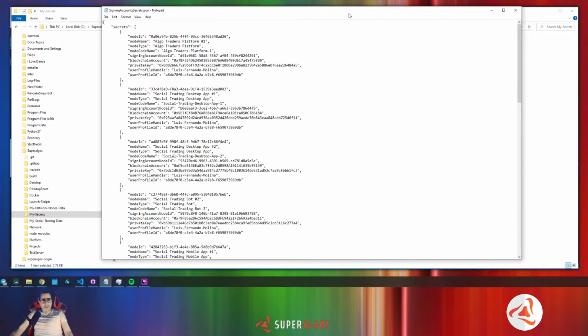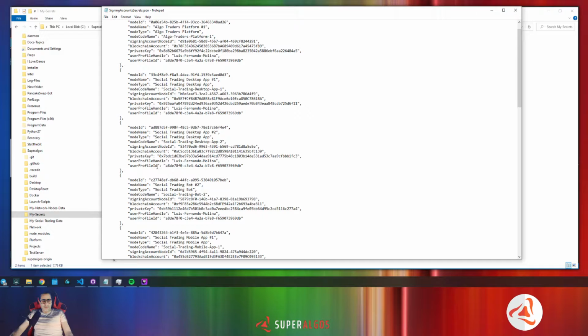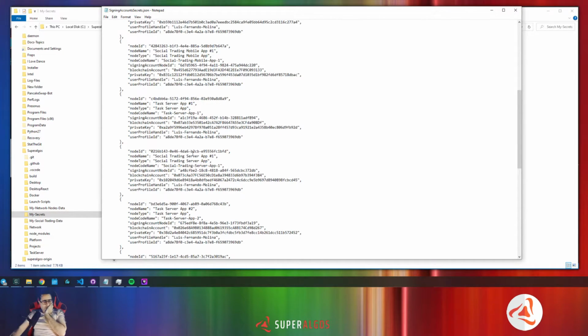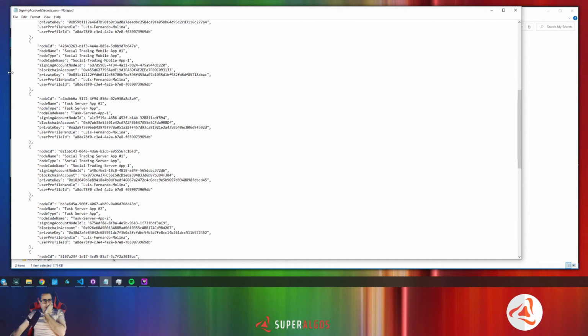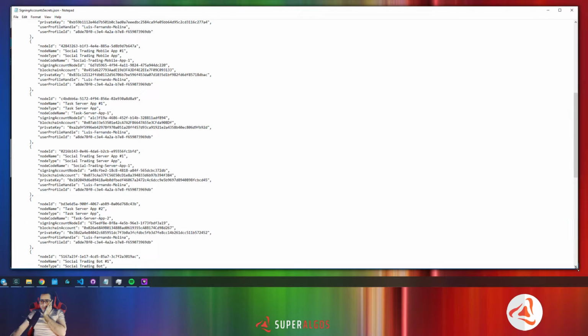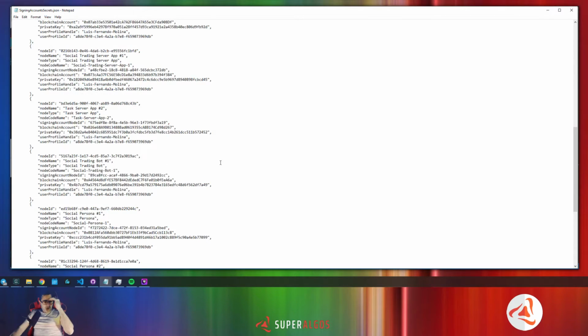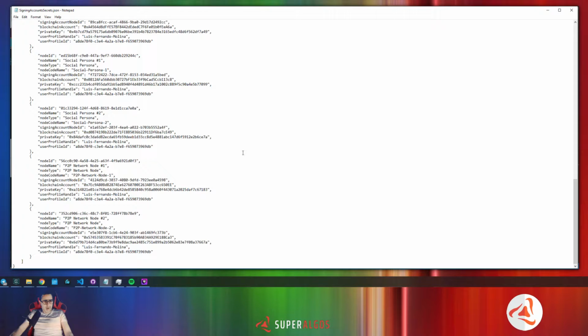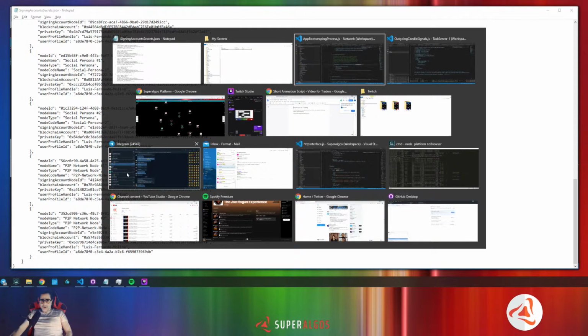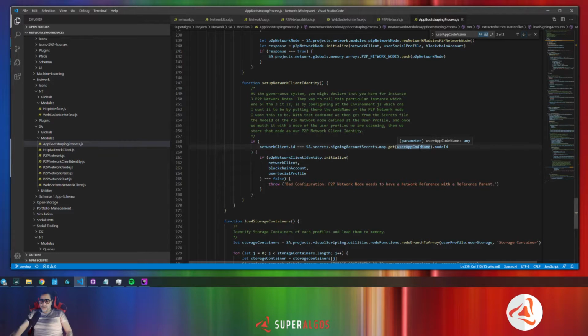But essentially, the secret file is where we already have this configuration and this relationship between the application that is running and the user profile ID. Okay, for example, let's try to rationalize this a little bit more. We are running a network node, right? So we are going to receive here the user app code name,